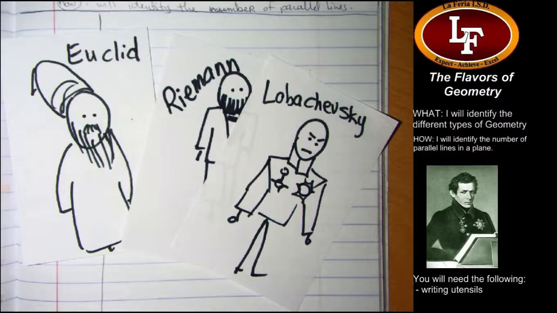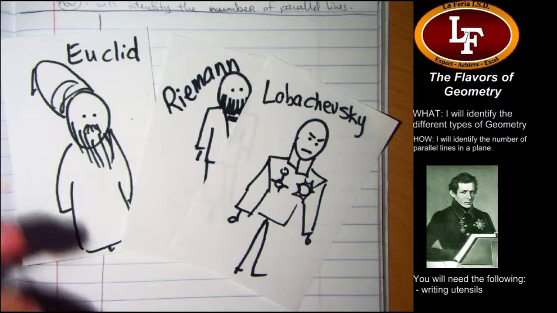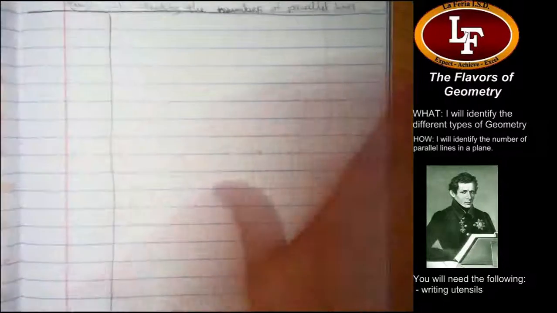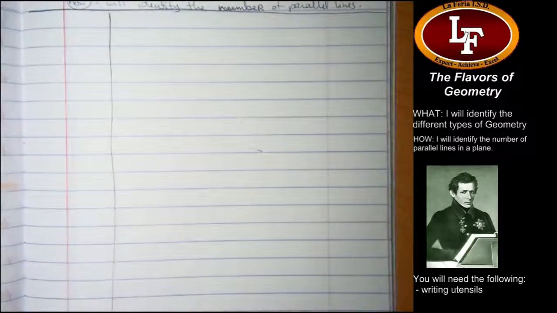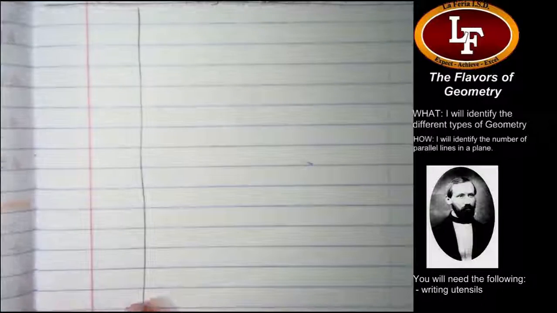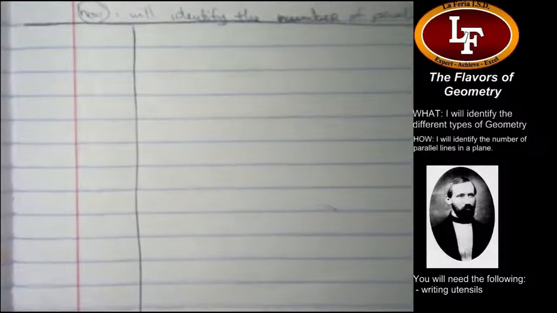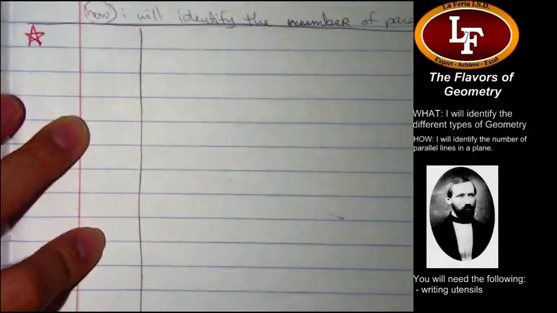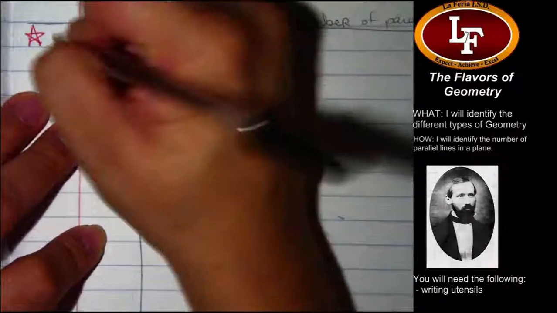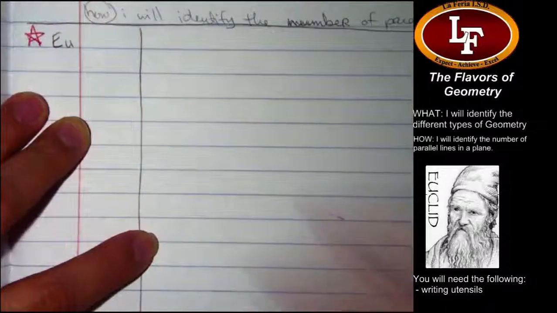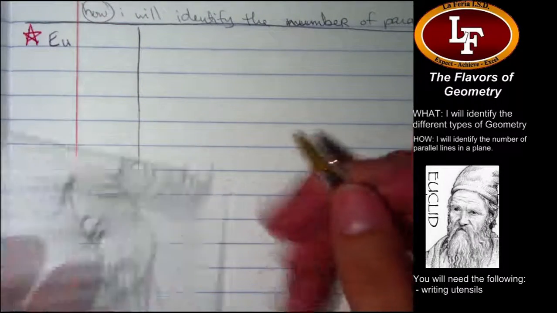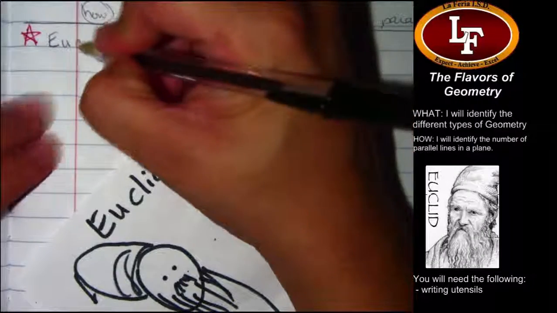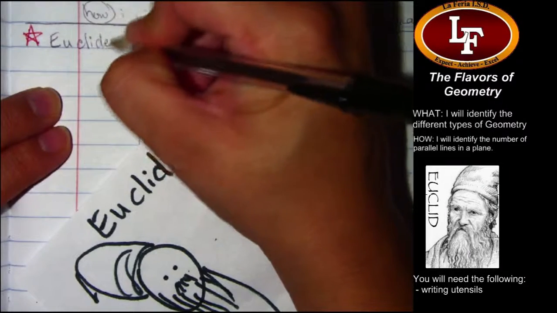Let's formally name these and write these down, and then sum it up and we'll be done. Okay? So here we go. Time to write some stuff. Our first flavor of geometry is called Euclidean Geometry. Brought to you by Euclid